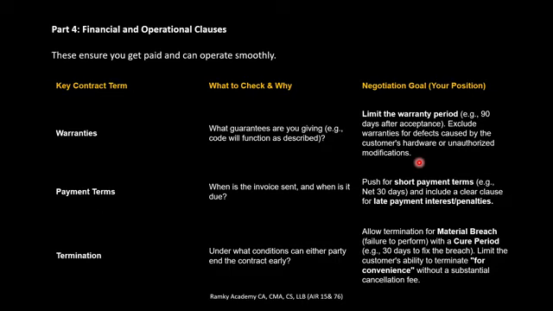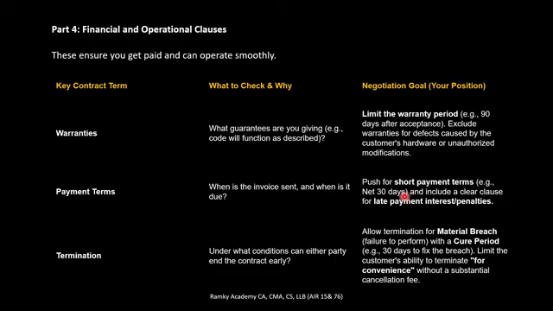Because we developed the software based on the customer request, and testing and everything was done, and we delivered. If the customer comes back after 90 days and says this is not working, we can't give that much assurance and keep the resources working on a single project or software. We always need to fix the warranty period. Otherwise, the customer can come back anytime and ask for unauthorized change or modification. That is a big risk for the supplier. So we always fix the warranty period at 60 days or 90 days, or at max 120 days. Payment terms, always 30 days from the date of invoice.